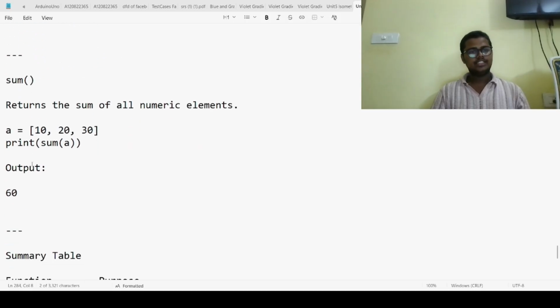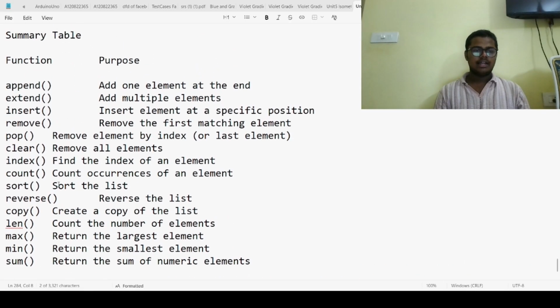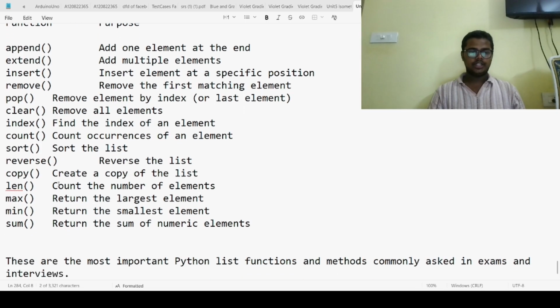Sum returns the sum of all numeric elements. A is equal to 10, 20, 30. So give the statement like print sum of A. So it will print the addition of 3 elements, that is 10 plus 20 plus 30. So the output is 60. Quickly note the summary table for quick recognition and remembering for the 1 mark questions and viva questions for your practice. So next, moving on to the next topic, that is